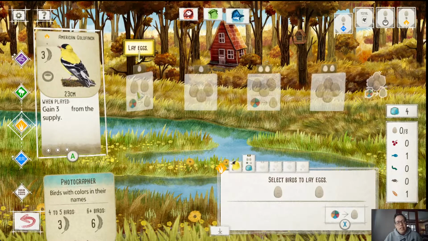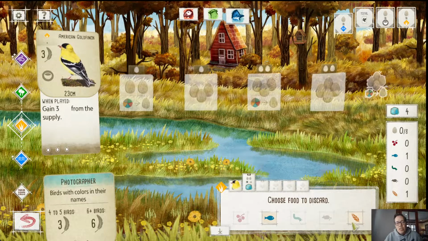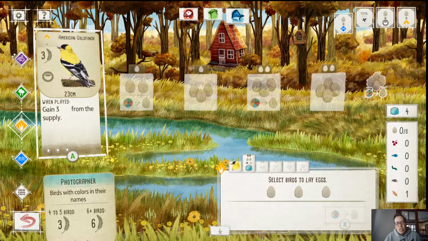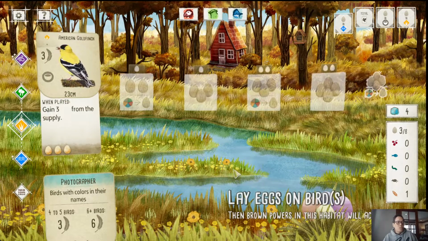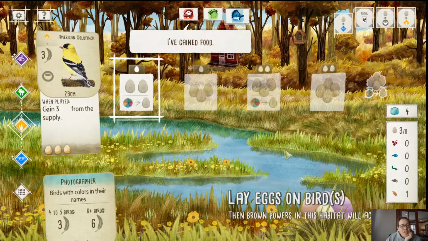So I'm going to lay eggs. I'm going to discard, I think I'll discard the fish. And then I'm going to put the eggs. I think I'll fill up this one first. And in successive rounds, I can put eggs on other birds. Okay,